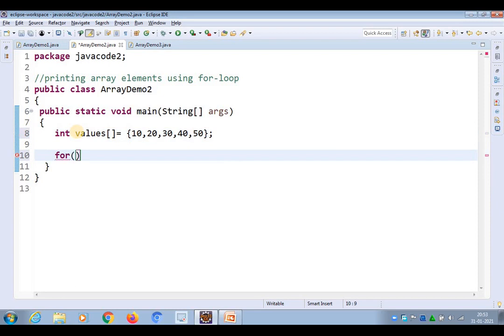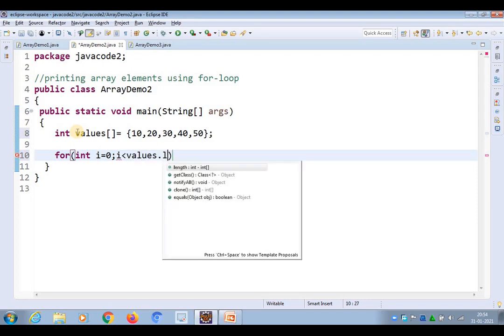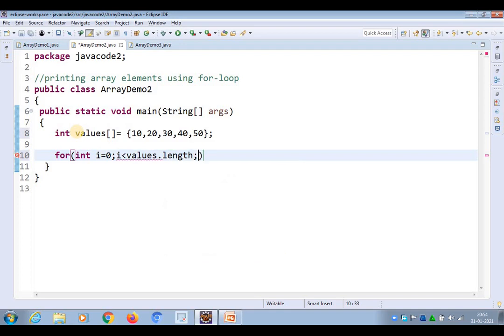I am using a for loop: for int i equals 0, then we can print up to the size of the array, the length of the array. For doing that, use i less than values dot length. It is finding the array size, then i plus plus.